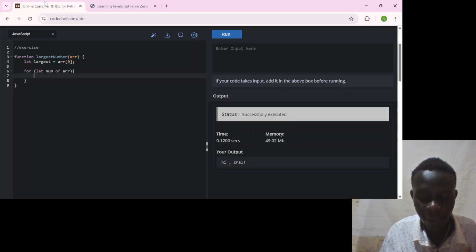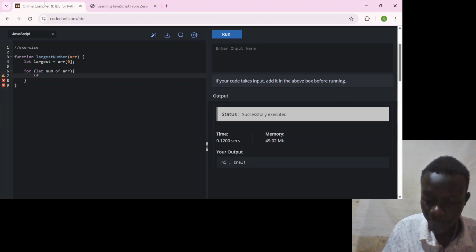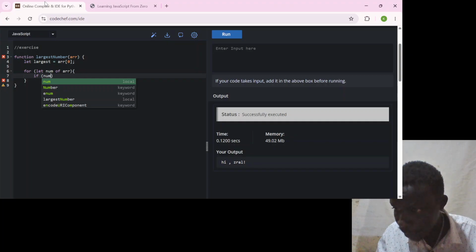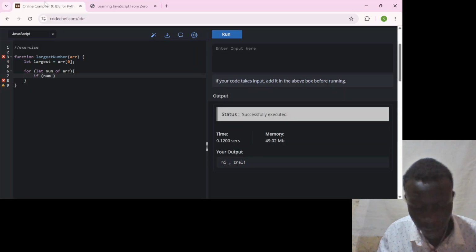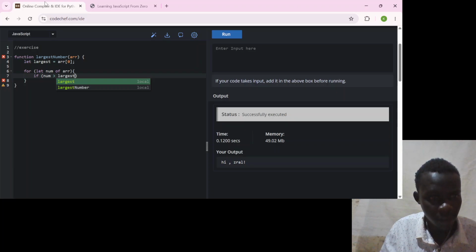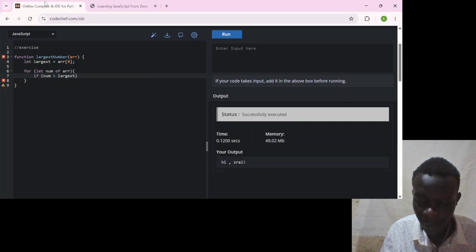Now inside there, we're going to put a conditional: if num is greater than largest, then